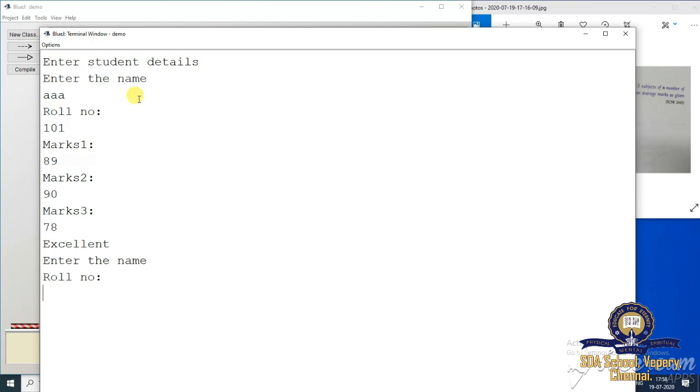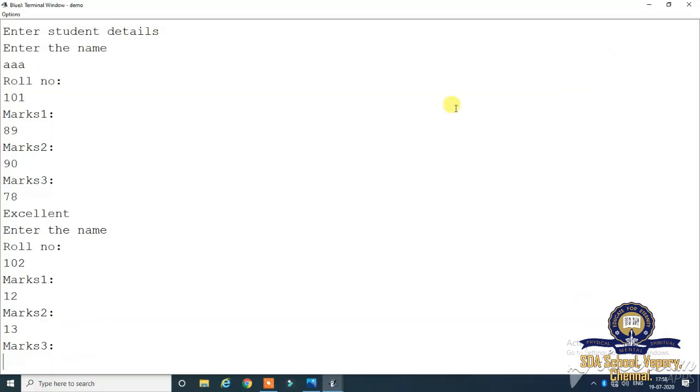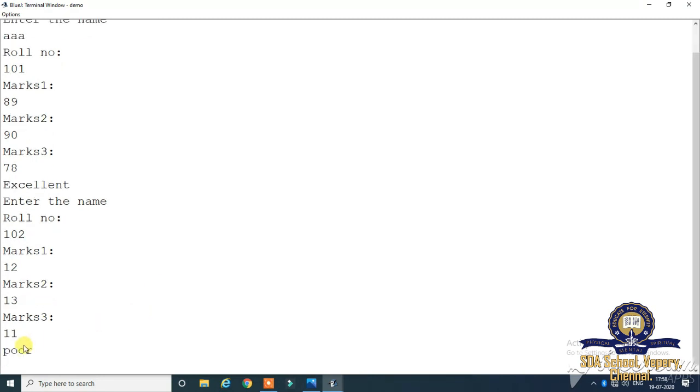And next, roll number 2, the marks are 13, and it's a very poor mark.